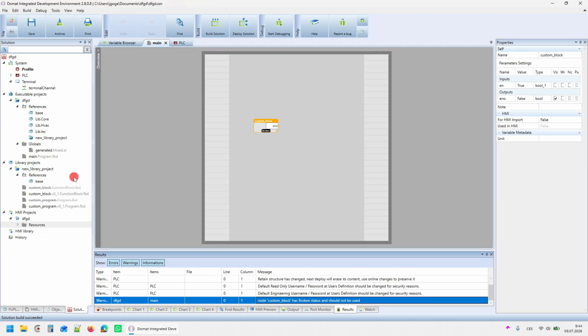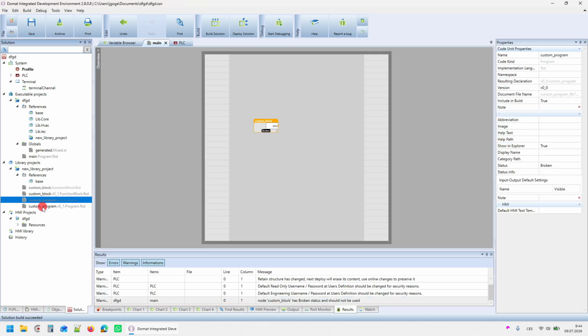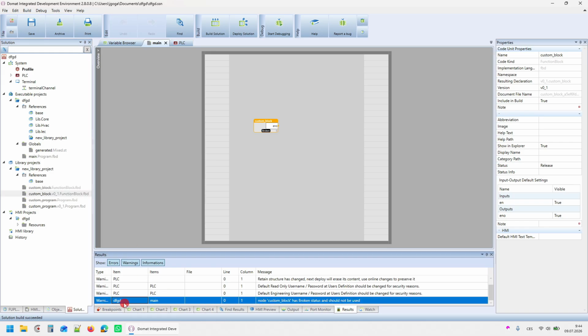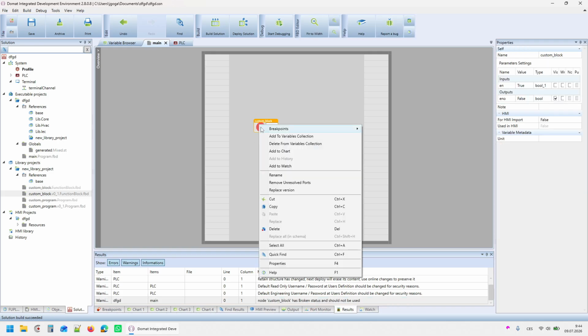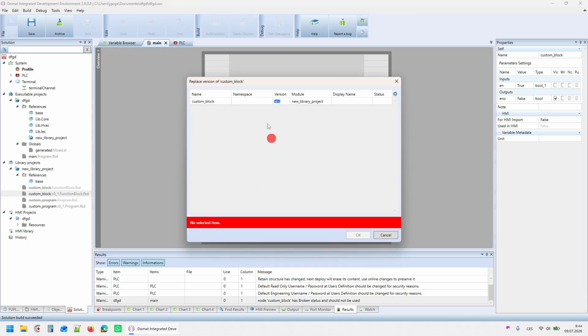Advantage of the libraries is that you can have different versions of the custom blocks or programs. As you can see here, this was the first version, 0.0, and when I notice some problem, I can create a new version, and I can set the previous version status to be broken. So in the program I will see a warning that this block has broken status and should not be used, and